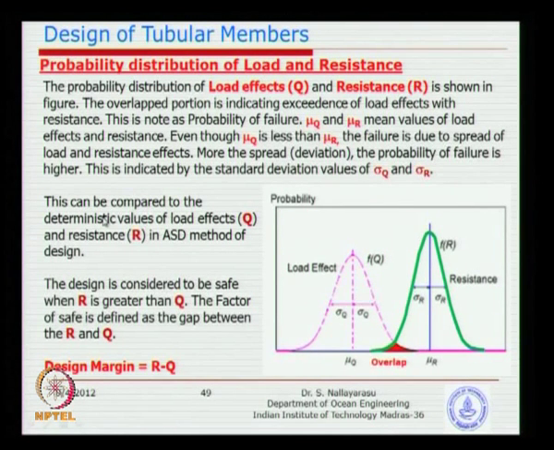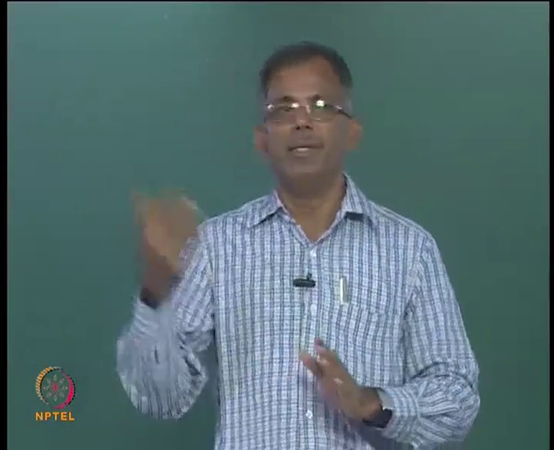For example, you take a beam which we have shown, a simply supported beam with a central point load. You apply the load, you calculate the stress, say 100 megapascal is the applied bending stress. All of you know how to calculate bending stress, right? So simply moment divided by your section modulus. Now you calculate the allowable stress, maybe using 0.6 times the yield.